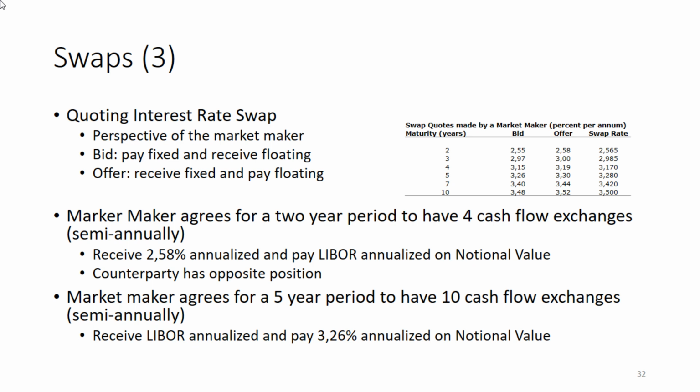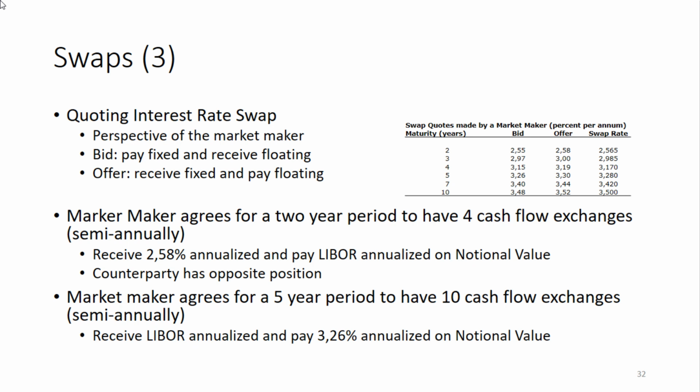And so that's in the first case for 2 years, it's 2.565. So now let's look at two other examples. Let's look at this 2-year contract where the 2.58 applies as an offer rate. It means that in this market the cash flows occur